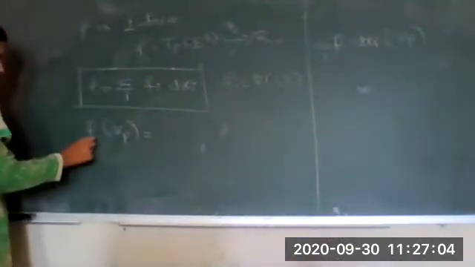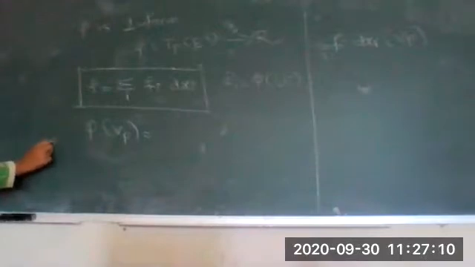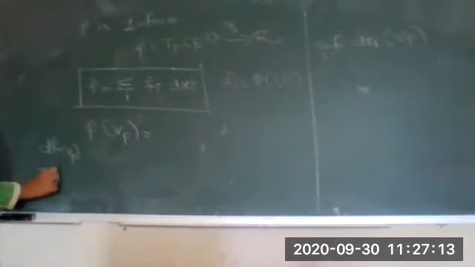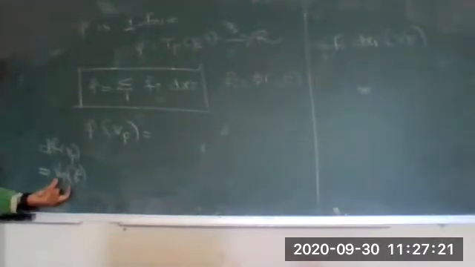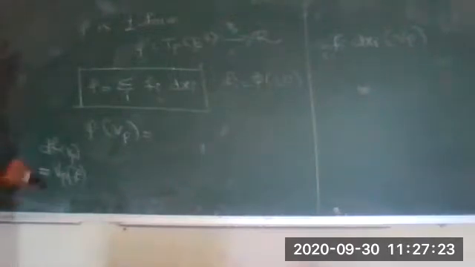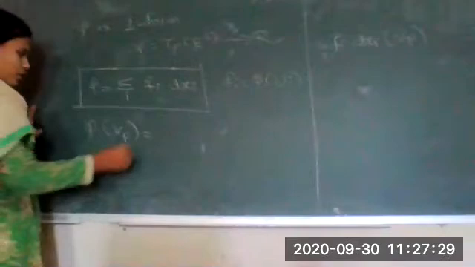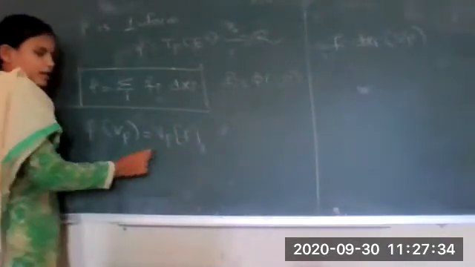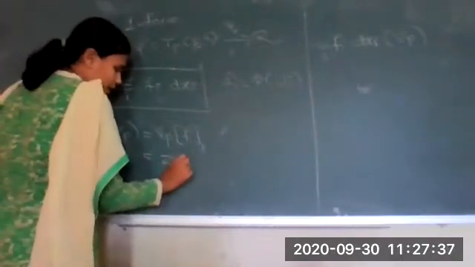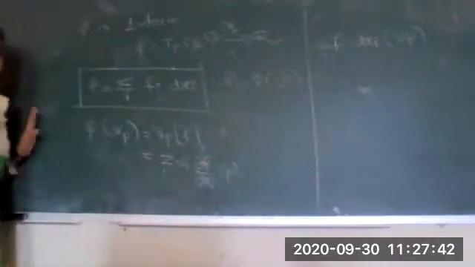If I apply phi on a tangent vector Vp, we know what df of Vp is. This is nothing but the directional derivative. That is, if we are finding the derivative of a function f on a tangent vector Vp, this is nothing but the directional derivative of function f in the direction of the tangent vector Vp. So we can write this as Vp f. Now we have a formula for the directional derivative, that is the summation over i of vi dou f by dou xi at a point P.